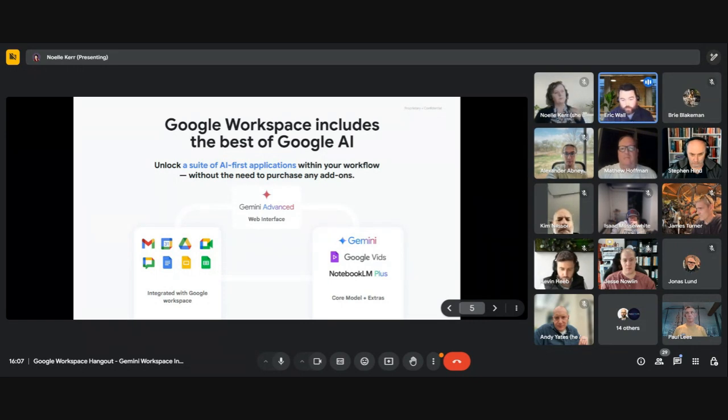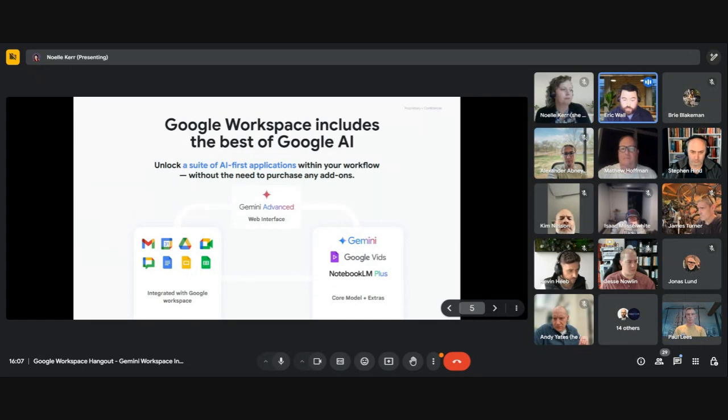And this is an interesting way that we look at it. There's more than one way to interact with it, and it's really useful for clients just to understand it. The final part of this that's been activated is essentially a core model plus extras. And what I mean by this is it's Google looking at what they can do with Gemini, putting some stuff on top of it, whether that be context or a nice UI filter, that means that people can get the most out of a generative AI model.